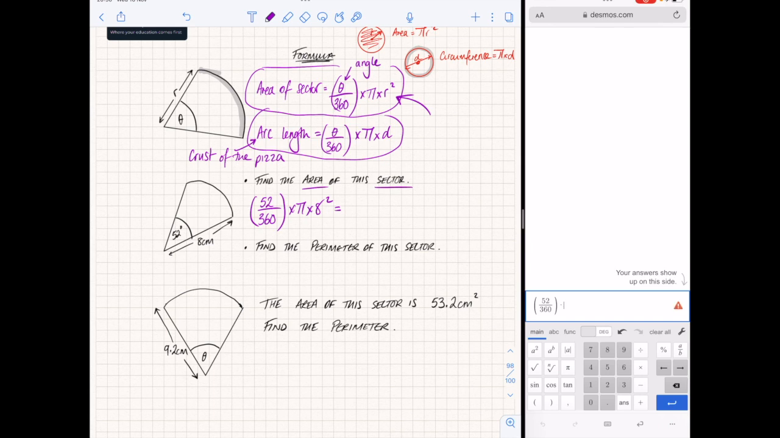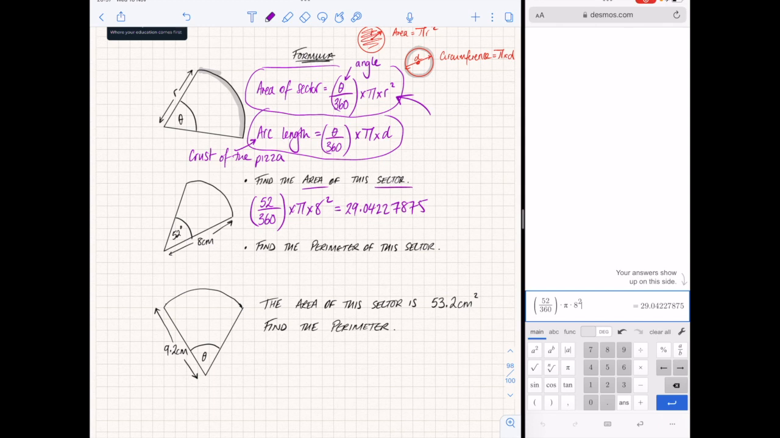So depending on if you've got a normal calculator at home or a scientific calculator, if you don't, then on Desmos there's a good one you can use. Times pi, and then times by the radius, which is 8, and then squared. Okay, now that gives me 29.04227.875. Now, normally in the question it will say to you round your answer to 1 or 2 decimal places,